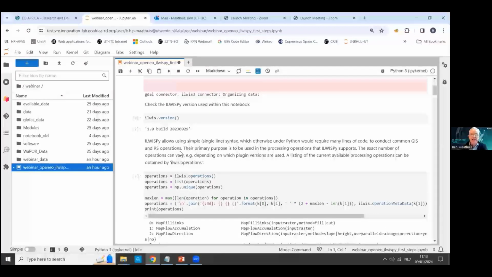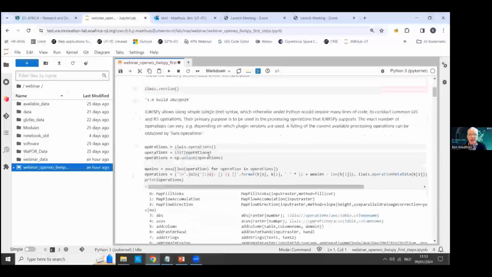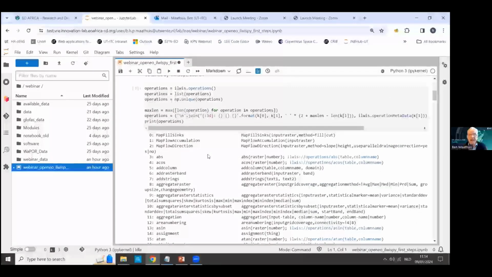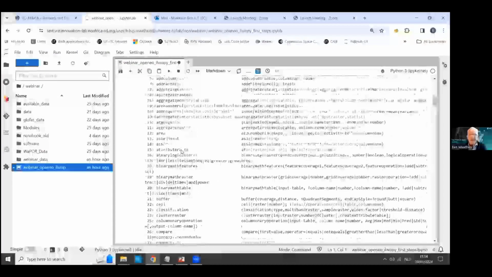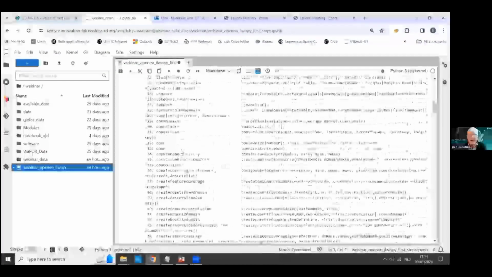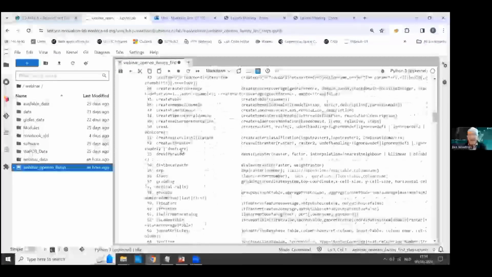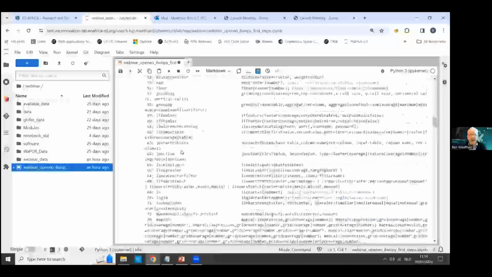And ILWISPy is returning us with the operations at our disposal. So hydrological flow operations and all kinds of GIS, remote sensing, and generic raster operations,